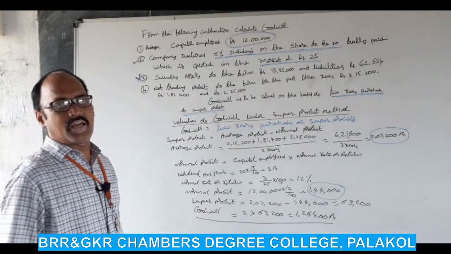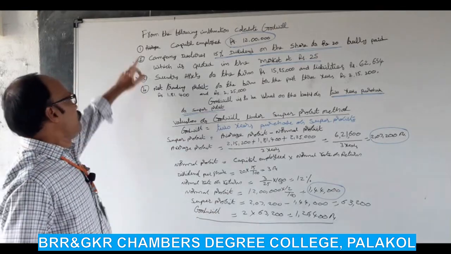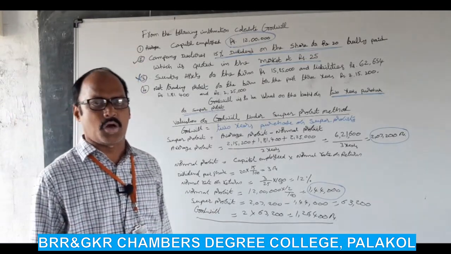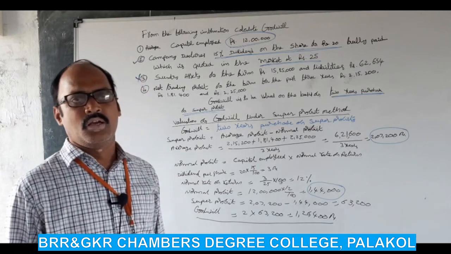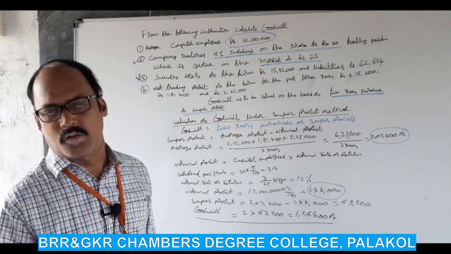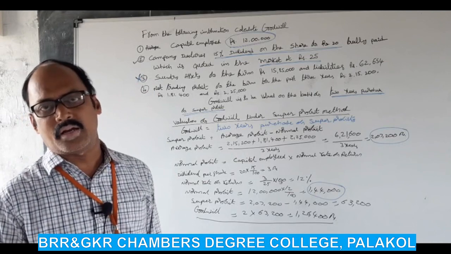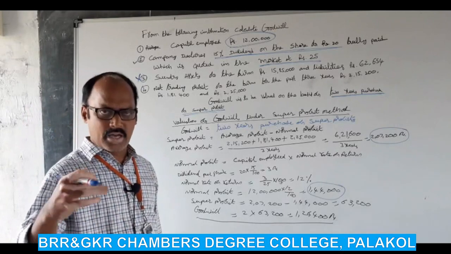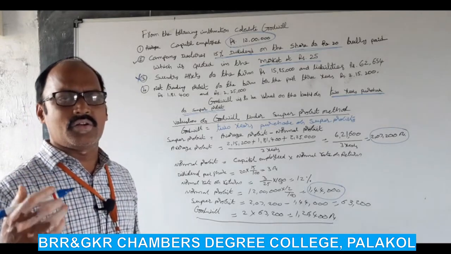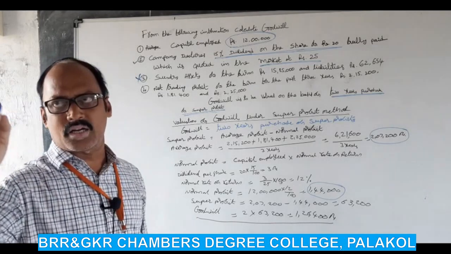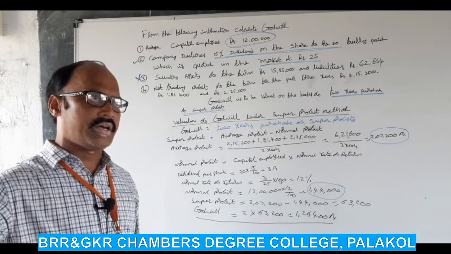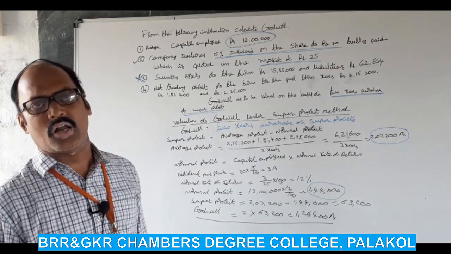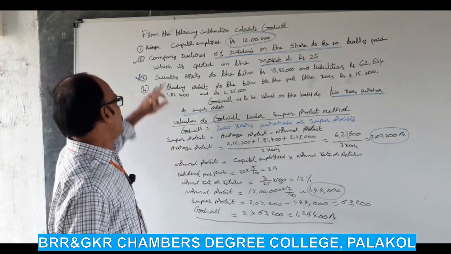Listen carefully. Once again I am telling that from the following information calculate goodwill. The most important thing in this problem, compared with the before problems, is that the normal rate of return is not available. How are we calculating the normal rate of return? Here share value into rate of dividend gives the dividend per share. Dividend per share by market value into 100, that is equal to the normal rate of return. So look at the problem.